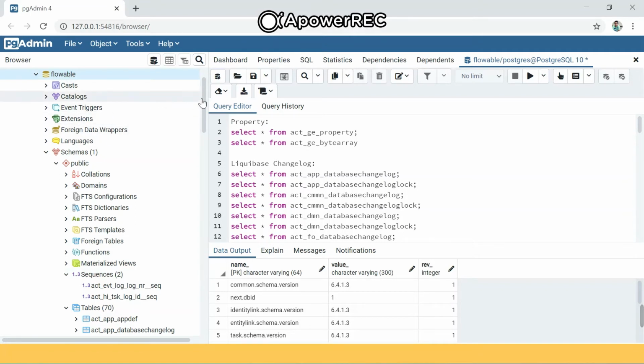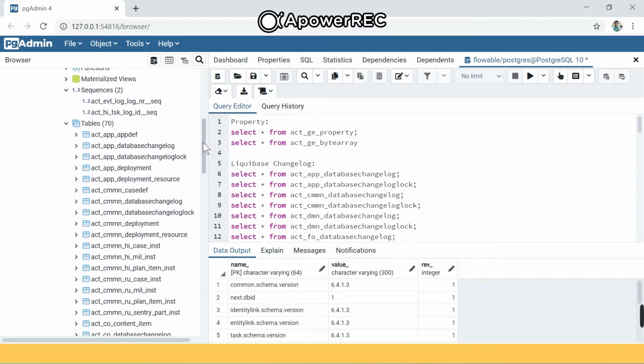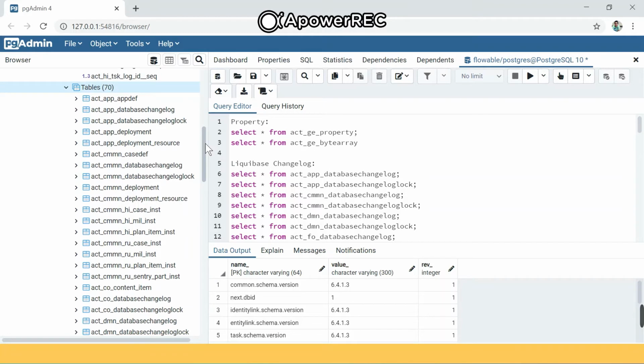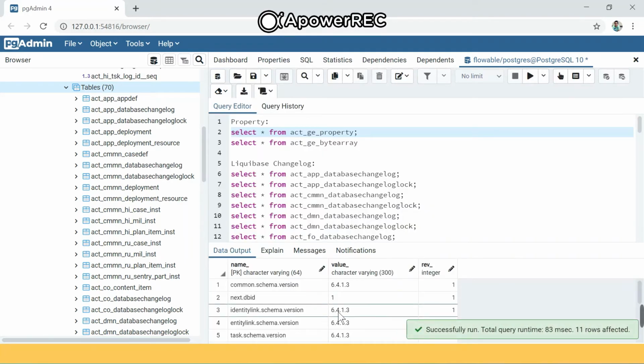And within that, when the Spring Boot application got started, all these tables got created in this schema for the product. Now, for the interest of time, I have already created a few of the important tables which we can discuss to understand what these important tables are. To start with, first we have the generic tables, which is this ACT_GE_PROPERTY. This contains the data of what version we are using, and it is a generic table.